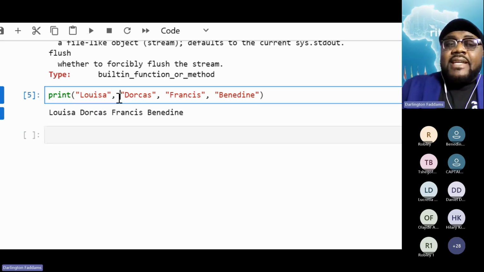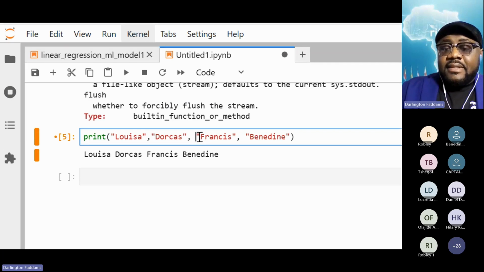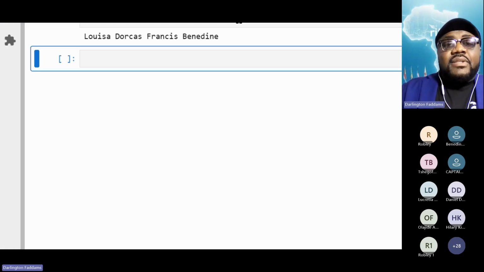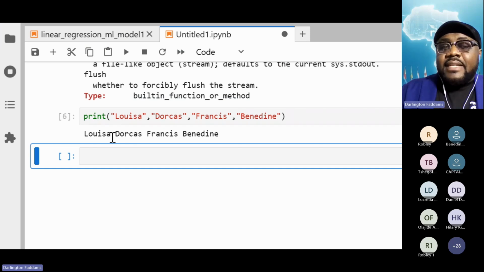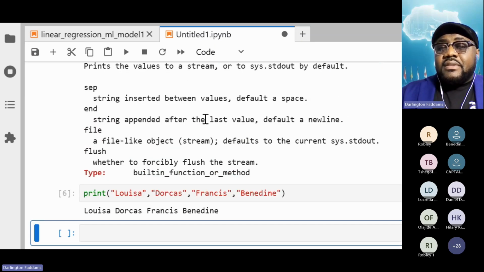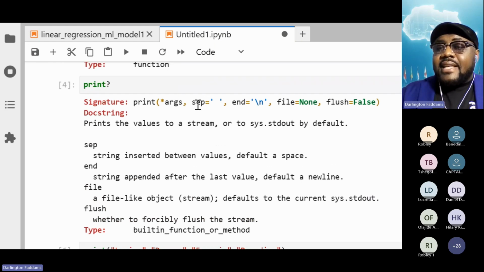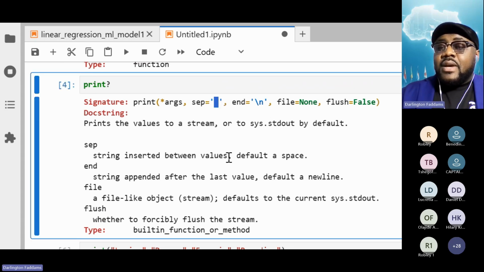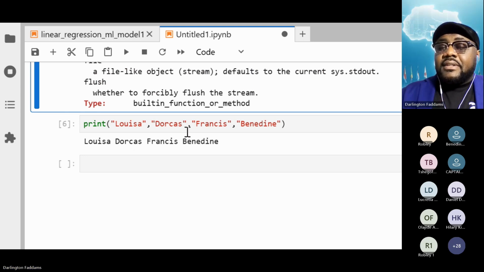Okay, the space I provided here doesn't matter at all. It's nothing. The comma is a normal separator, and we will still have spaces in the names, even though I didn't provide any space here. But we have discovered that there is a space here because the Python signature has a sep variable with a space. So anytime you introduce a comma to add more items into the star X, you can use